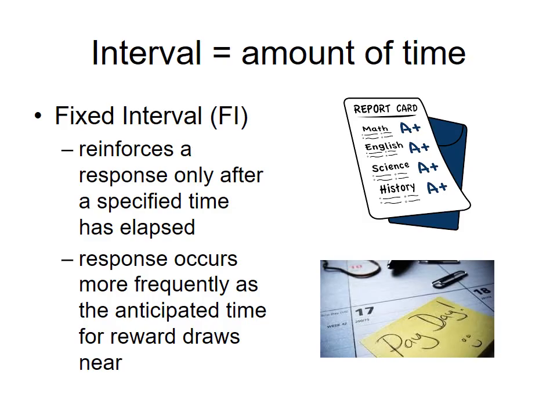Then we get into interval. An interval has to do with the amount of time. So if you get rewarded after a fixed amount of time, it's going to be closer to that fixed interval, closer to that time period, that you'll see an increase or a greater frequency of the responses. When Skinner did this with pigeons, he had pigeons being fed after about a minute. So right around 55 seconds or so, the pigeons would start pecking the disc, which was the desired response, very, very quickly. And then once they got the reward, they would actually leave a gap where they were inactive for maybe about 40 seconds or so.